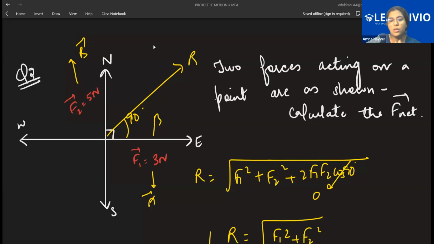Yes, class. So, yesterday we had completed till this question. So, parallelogram law, two things we have calculated. First thing, after drawing the geometrical diagram, we had seen that we have to find out the magnitude. So, how do we calculate the magnitude? R is equal to under root a square plus b square plus 2ab cos theta, whatever is the angle between the two vectors. And the diagonal tells us or represents the resultant.